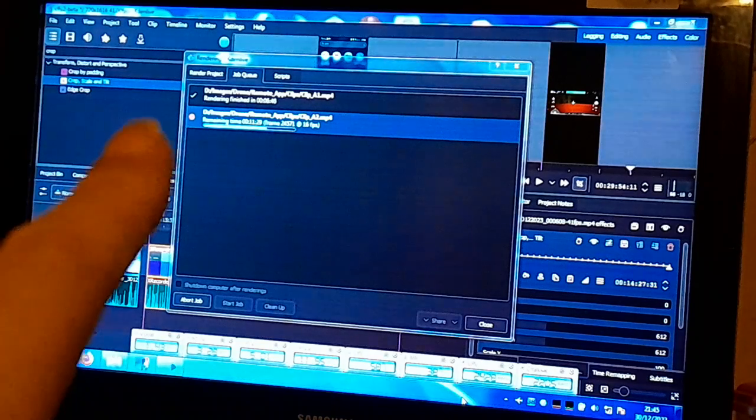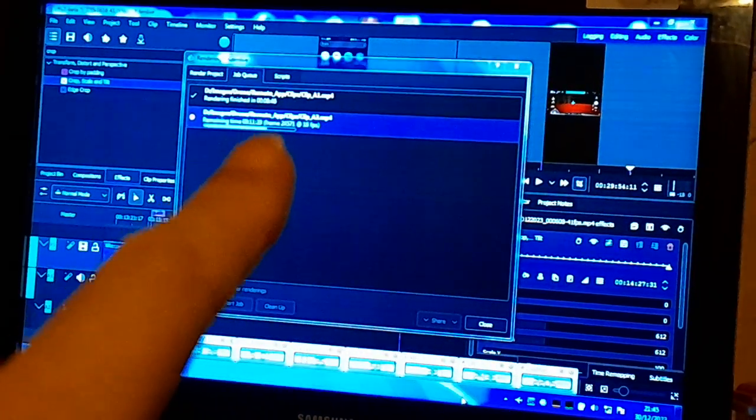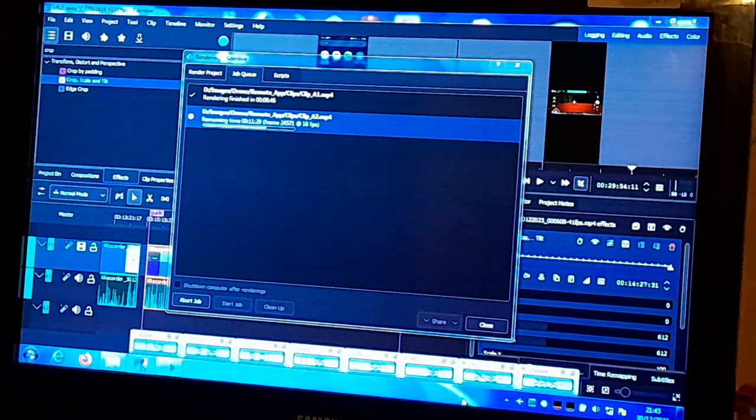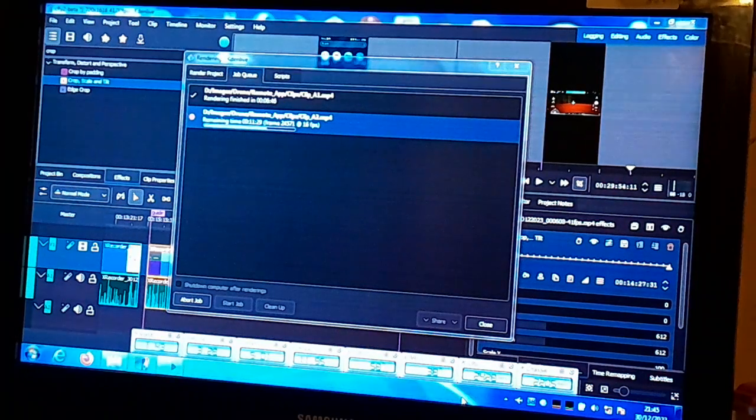So at the moment, the bar is about in the middle, and it says it's encoding the second clip at 16 frames per second, and it's got 11 minutes left, and it started out at 35 minutes. It said it was going to take 35 minutes to encode that one clip part, right? So I mean, anyway,